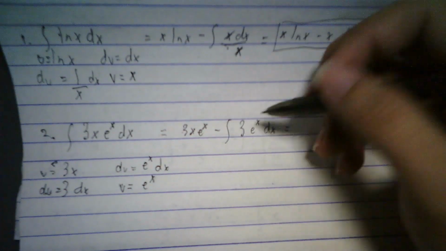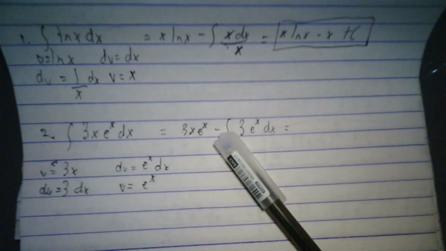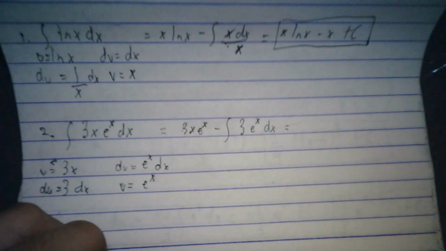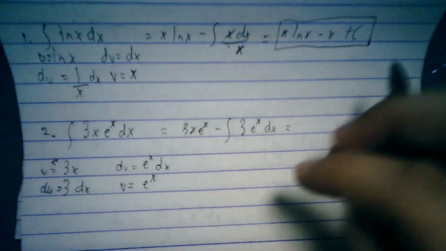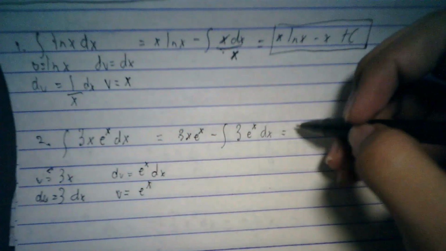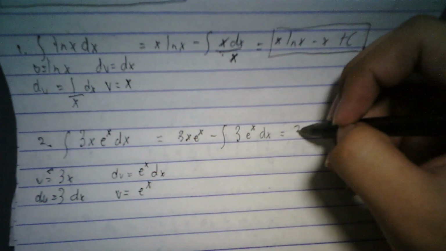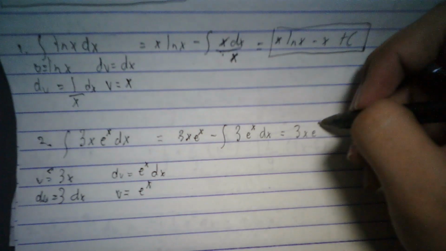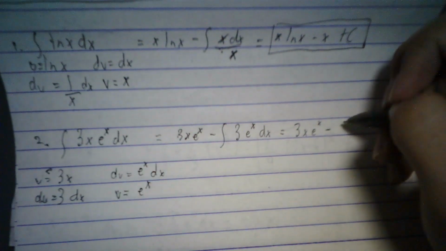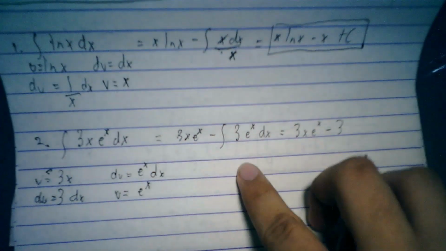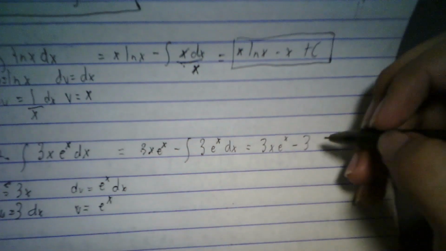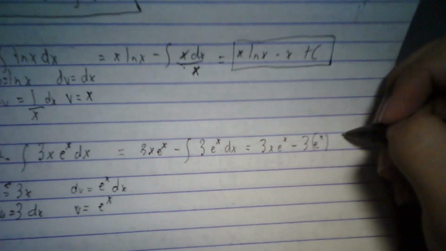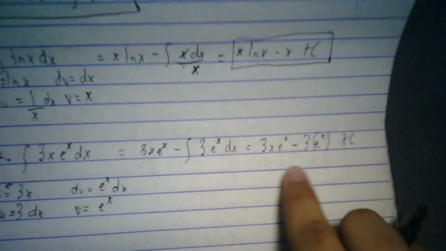So the integral of 3e^x dx is just equal to, we bring 3 outside, so 3 times the integral of e^x dx. The integral of e^x dx is just equal to e^x plus c. By simplifying this further,